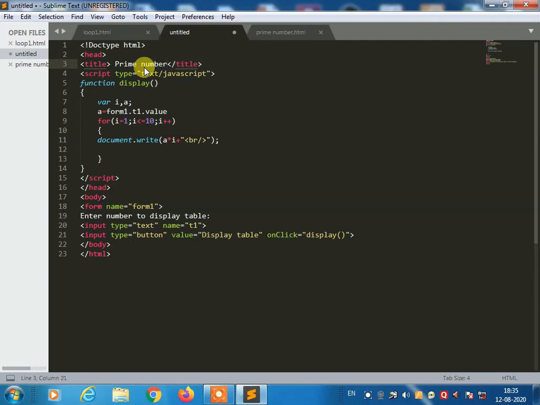Once you have given the prime number title, you have to complete the title tag. As you know, a number that is divisible only by itself and 1 is called a prime number. For example 2, 3, 5, 7, 11, these are prime numbers, and we are going to find prime numbers by writing this program.